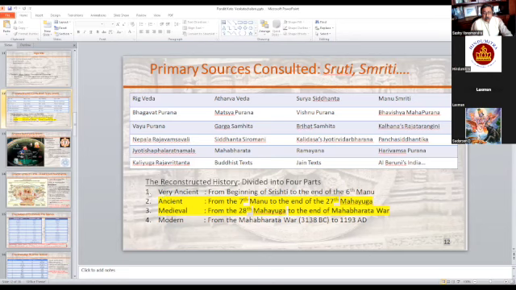So today we will try to complete part one, which is the very ancient chronology or history. And then we will start the fourth one, which is the modern history from the Mahabharata war to 1193. I will try to go slowly here because there are some concepts that need to be understood, and then those concepts have to be applied. Without spending a reasonable amount of time understanding those, I don't think you will really gain much from this presentation. So I think we should spend more time on the concepts first and then show how they are applied.